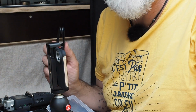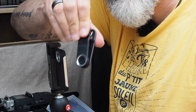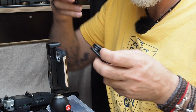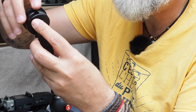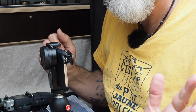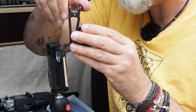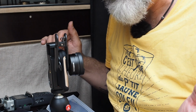So the good thing I said about Sandmarc when I did the unboxing is that they have clips like this. It means if I don't have an iPhone with a case, or I'm in a rush or whatever, I can actually put the lens on a clip and place it over the camera. Okay, good news, if you want a wider angle on your front lens, you can actually put it on the front lens. You have to center it properly, but you can put it. So up to here I thought it was great,